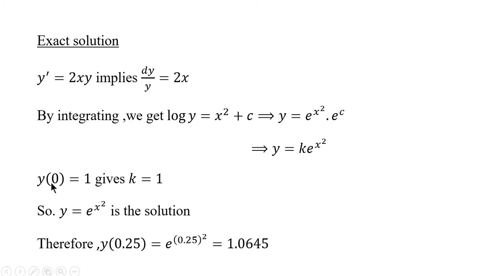So I am going to substitute the initial condition given in the question. We know that y at 0 is equal to 1. So put x equal to 0, y equal to 1 in this equation. We can find out the value of k, and k is 1. So after substituting, we get the solution. Now this is the solution, but we want to find out the particular solution, that is, the value of y when x equal to 0.25. So put x equal to 0.25 in this exact solution. We get 1.0645, and this is the answer obtained analytically, but we have computed the same value numerically in our previous slide.